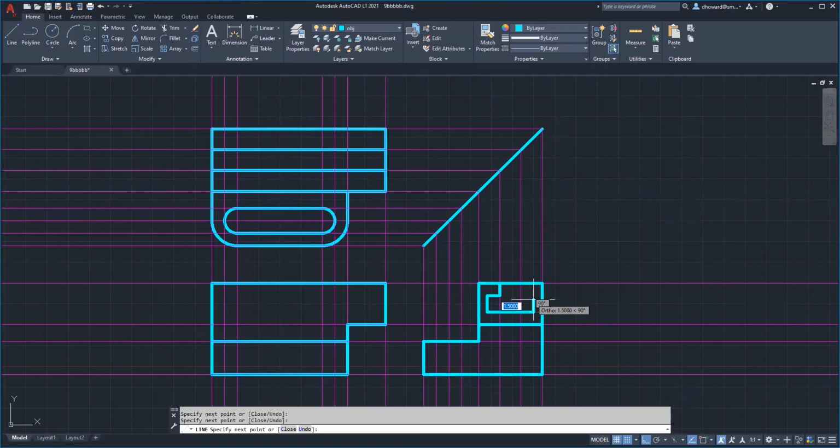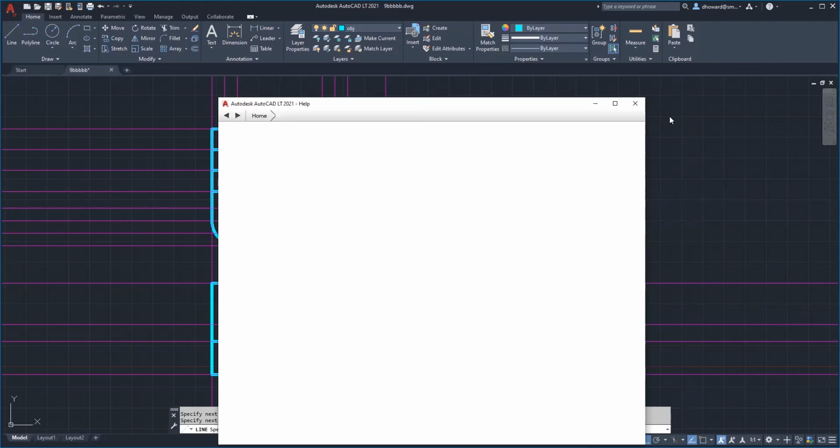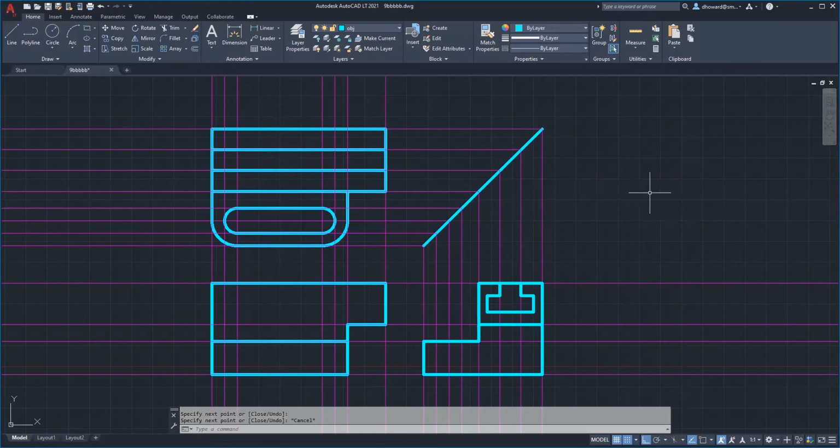Just make sure you're doing it the same amount on both sides so that it is symmetrical. Oops. Just count your squares again so that the inside T shape here is a symmetrical slot. Okay, that's looking good. I also need to draw the slot in this view,